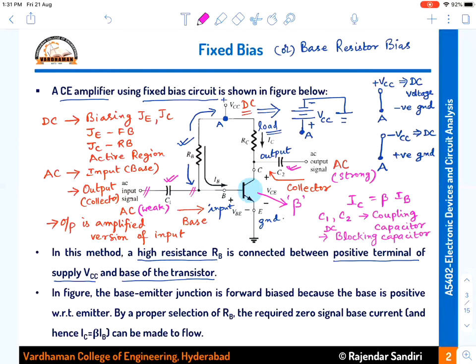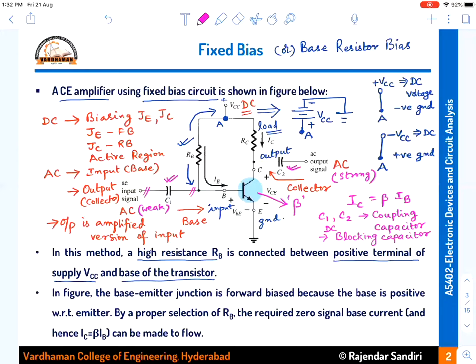So this transistor amplifier is provided with an AC input. If any unwanted DC is present in the input, then that is blocked by the capacitor and only pure AC will go into the base of the transistor. And once this transistor amplifies, you will get the output at the collector, and suppose you are getting some DC generated inside the transistor, then that DC again should not go into the next stage of the amplifier or to the load of the amplifier. Therefore, at the output side also we have to connect a capacitor, which is called a DC blocking capacitor.